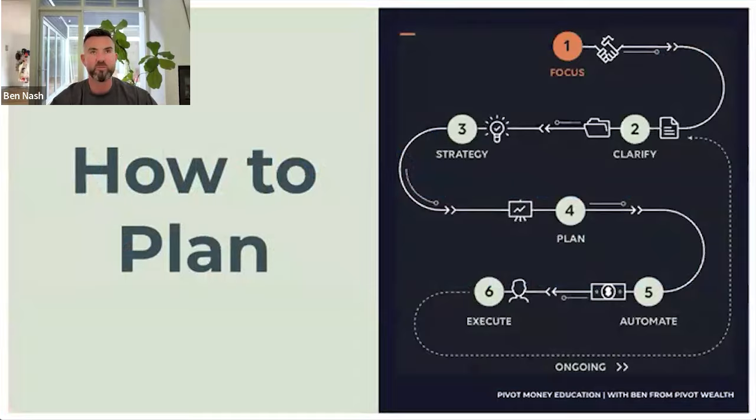It's the same process that basically anyone uses to set up a plan, and it's the same one that we use when we're doing financial planning for people as well. The first step, and hopefully today has helped you get a little bit clear on this, is to focus in on what's actually important to you. What are the opportunities? What are the issues? From there, when you're wanting to build a rock solid plan, you want to clarify all of the different moving parts of your money. What money's coming in, what's going out, what's left over, what assets you've got in place, what's the tax position, what tax strategies are in place. That gives you a baseline.